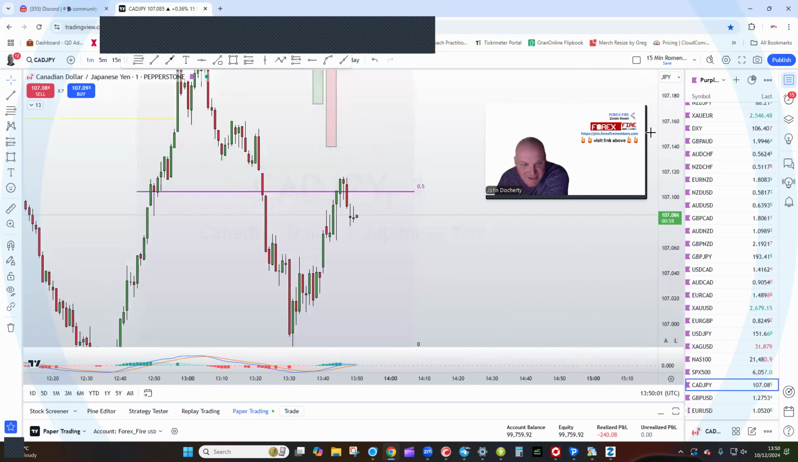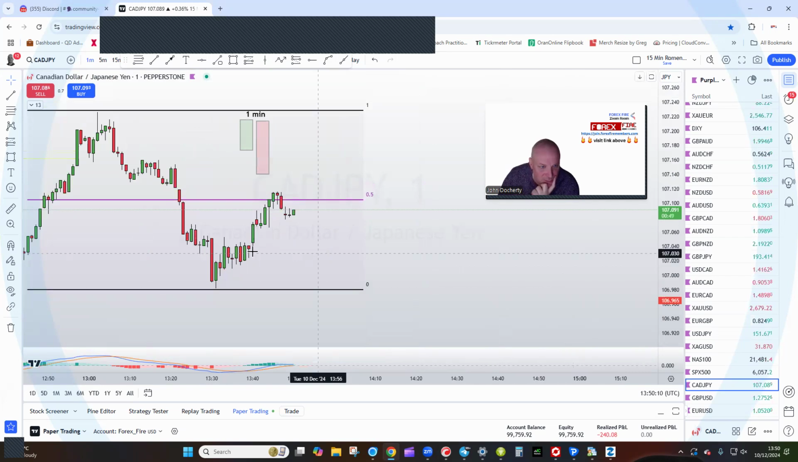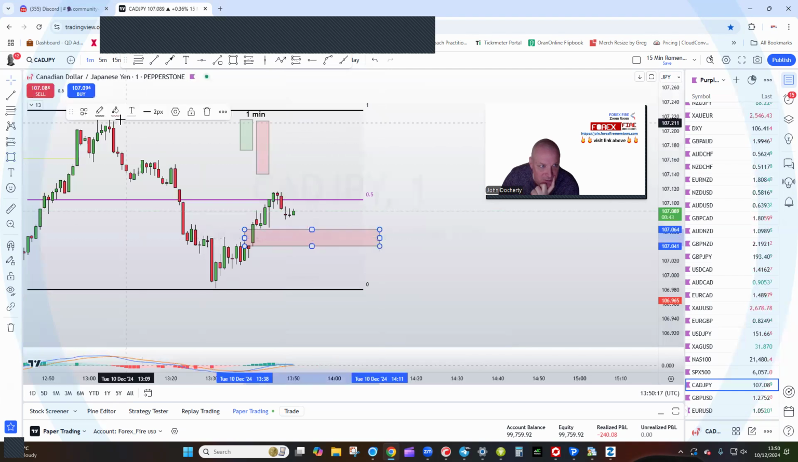Red candle again. Oh, this is where it tests you. It is testing. What we can see below here, anyway, look at some price action. We've got some fair value as well. We've got a little bit of fair value gap here as well,